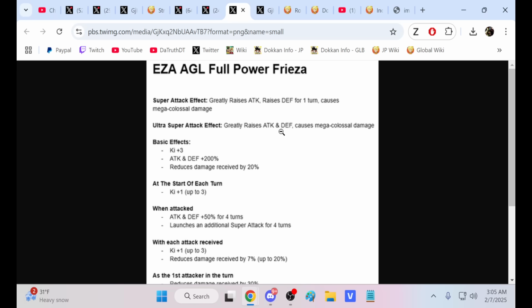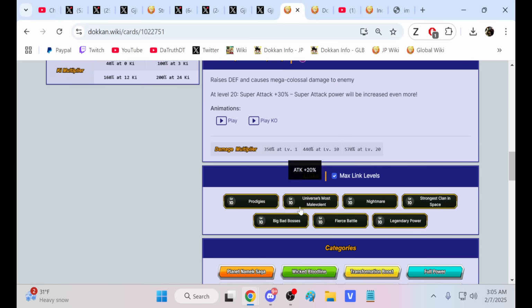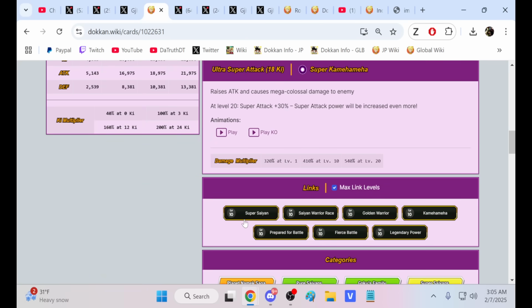I mean, we have to consider that Frieza is a big bad boss's character, which is gonna factor in quite a bit. Namek Goku does not have big bad bosses. It's just attack, defense and key, attack. 5% defense, like,